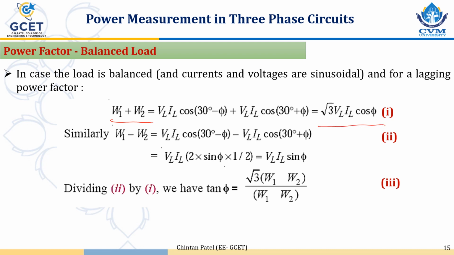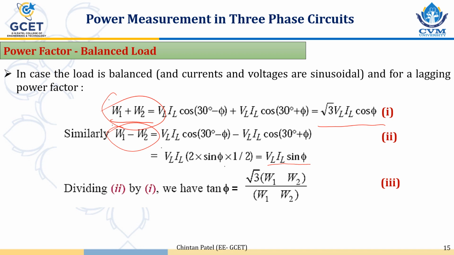If we take the difference of the two readings, W1 minus W2, we will get VL IL sin phi. And if we divide equation 2 by equation 1, that is, if we take the ratio of W1 minus W2 divided by W1 plus W2,